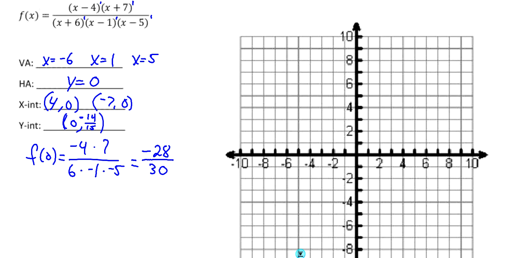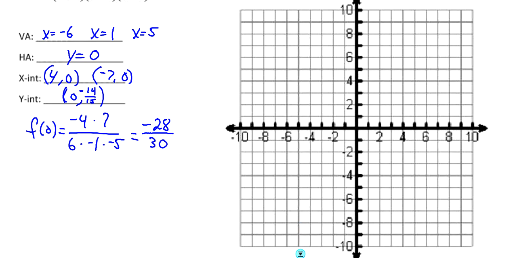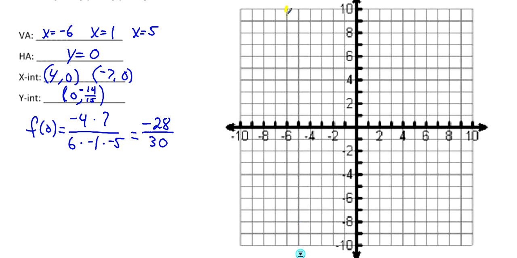So here we go. Let's graph everything we got. So we have 3 vertical asymptotes, which is telling me that I'm going to have to graph 4 pieces in this one. So -6, 1, +5, horizontal is at 0. My x-intercept, we got at 4, -7 over here, and then my y-intercept is right here